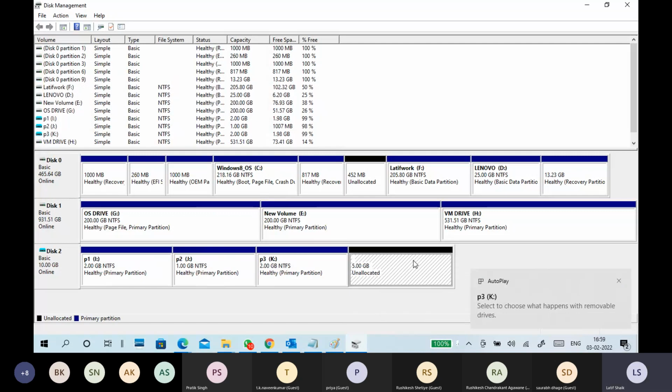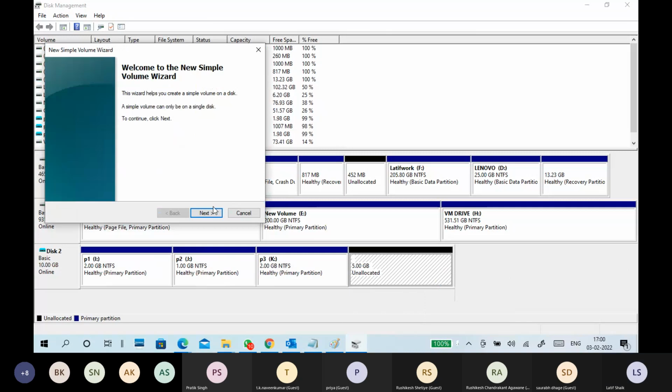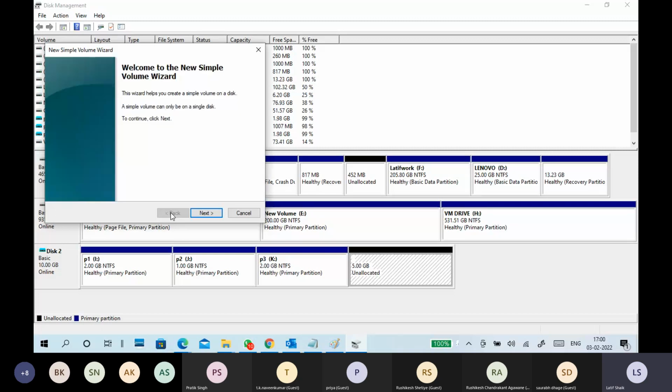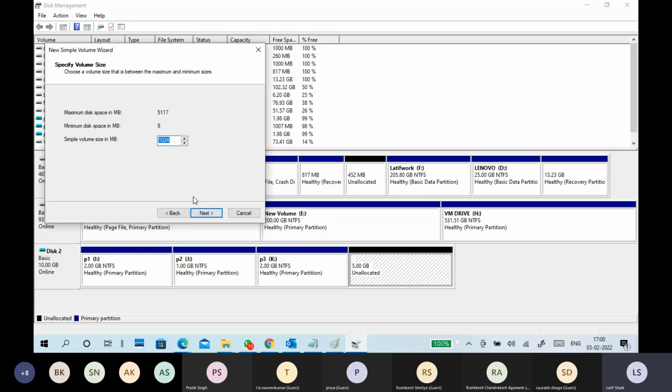You can create it, but you cannot create it here because from Windows 7 onwards, the options are different. You don't get primary or extended options here, directly extended. So already 3 primaries are completed. So I'm creating a 1024, 1 GB partition. I'm not telling primary or extended or anything. Just creating a 1 GB partition as I created earlier, 2 GB, 1 GB.